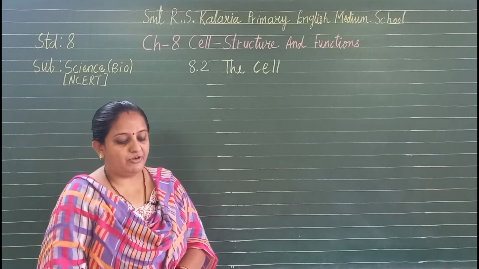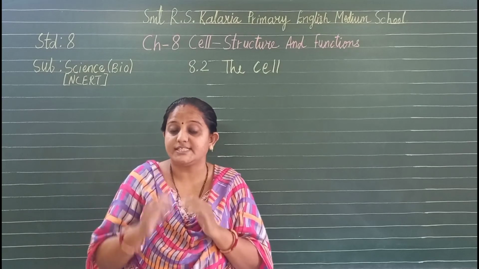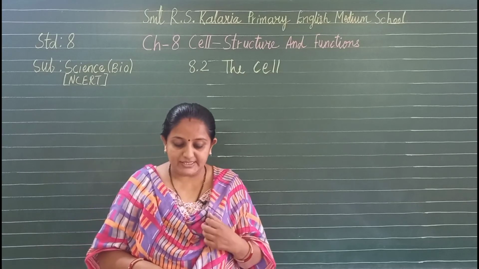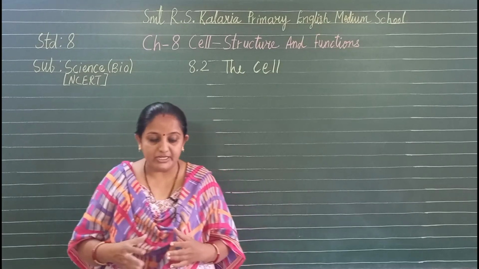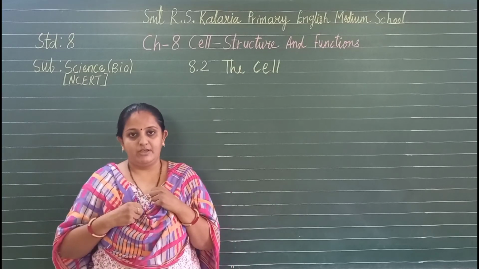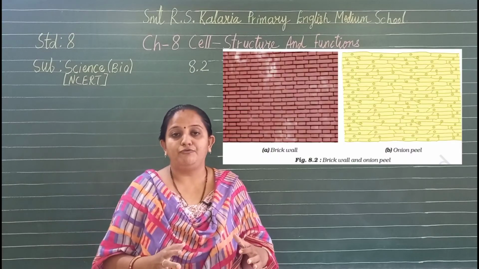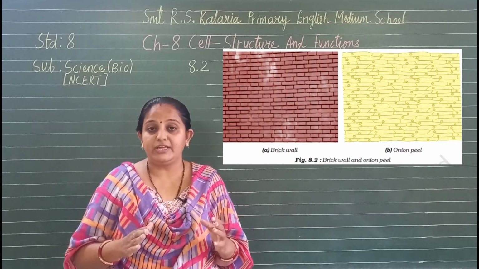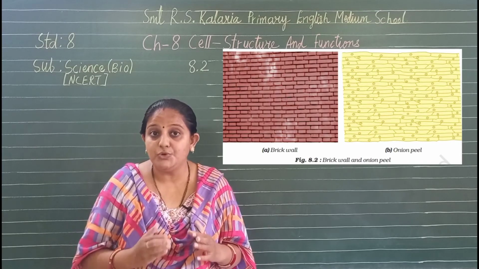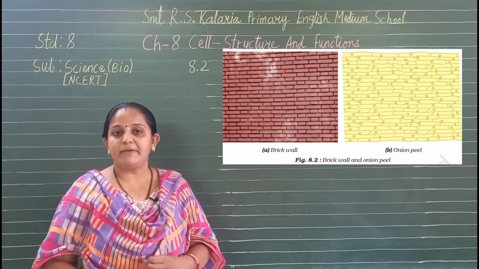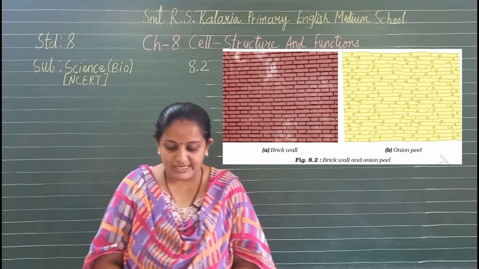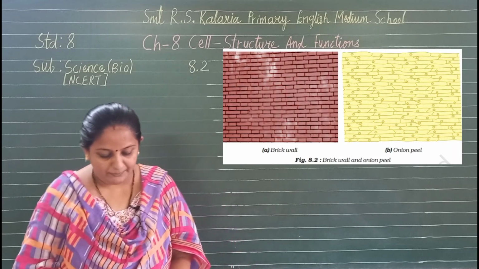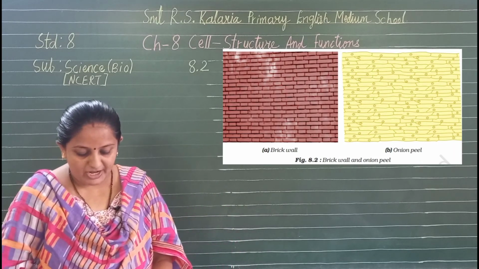After understanding the discovery of the cell, now let us understand what is the cell. Now in this 8.2 we are going to understand about the cell. Now both bricks in a building and cells in a living organism are the basic structural unit. We know that brick is very important for any foundation like building, school, offices, etc. Isn't it? Brick is very important because it is a basic unit. In the same way, cell is the basic structural unit. You can see in the figure also. Now the buildings, though built of similar bricks, have different designs, shapes and sizes.